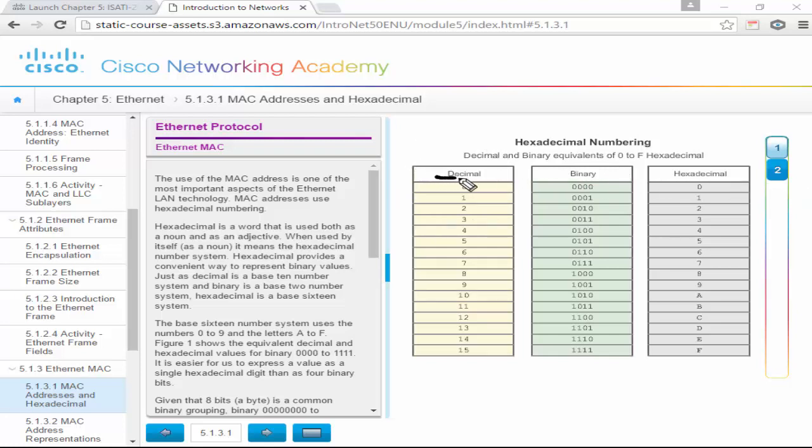Basically, decimal, if you don't know, that's our counting system, and we count to 10, and then we start over, right? In binary, this is our computer's counting system. We count to 2, and then we start over. And you can look down there and see what I mean. And in hexadecimal, we actually count to 15. So it has a base of 16, whereas decimal has a base of 10. So you can convert those